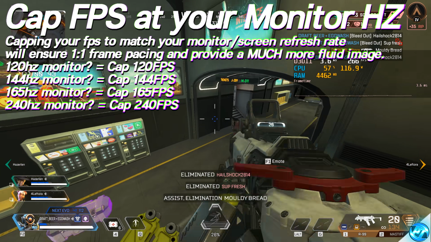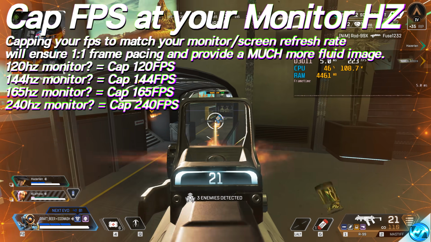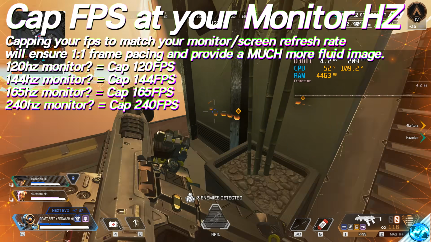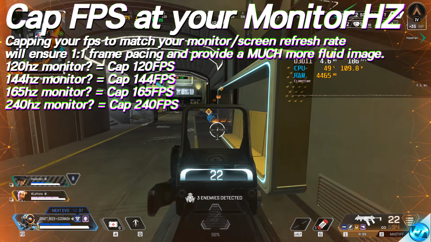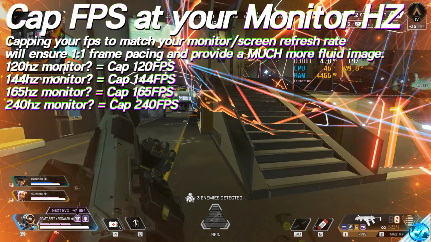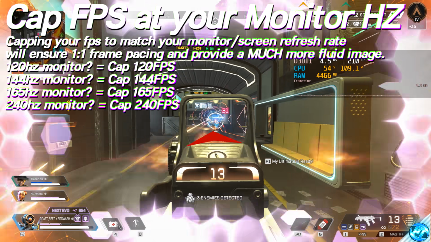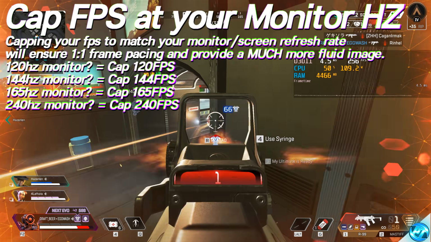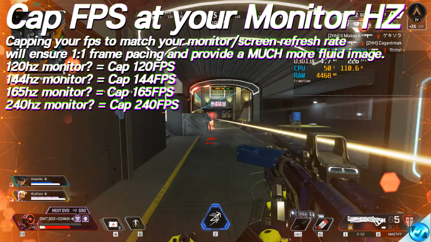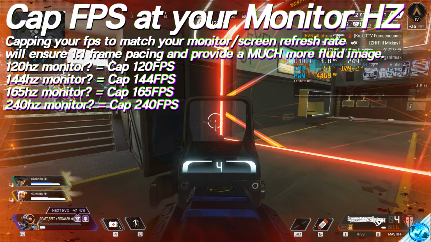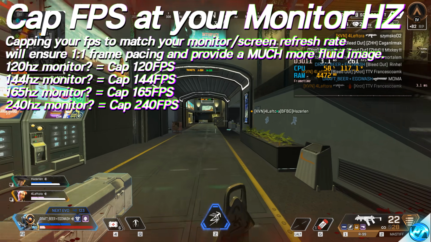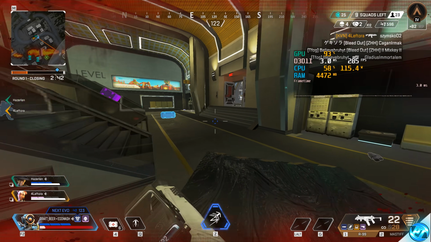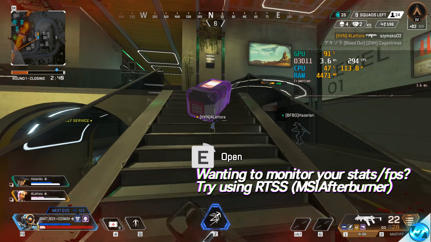With that being said, for the best FPS cap possible, it is recommended to cap exactly at your monitor's refresh rate, as this will keep your frame time pacing exact with your monitor's refresh rate, or a multiple of your refresh rate. So for me, I'm running on a 240Hz monitor, so that will mean that I should be capping at either 240 frames per second, 120 or 60, as those are all multiples of my refresh rate, whichever is more achievable for your system. Of course you can go without an FPS cap, but these methods will be introducing input latency.